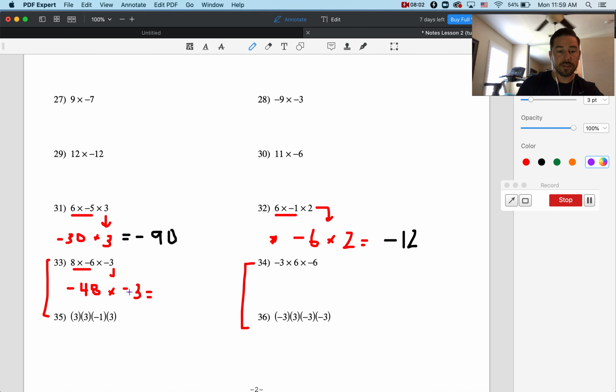Oh, we got something a little different here. Okay, are these signs the same or different? They're the same. Negative and a negative are the same, so our answer is going to be a positive. Okay, 48 times 3,